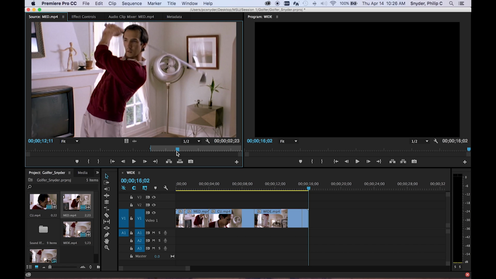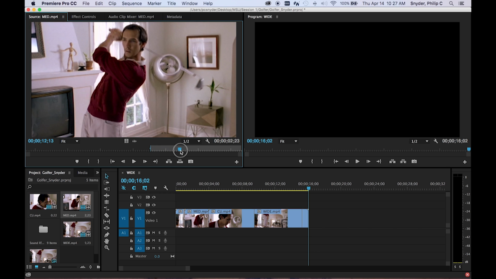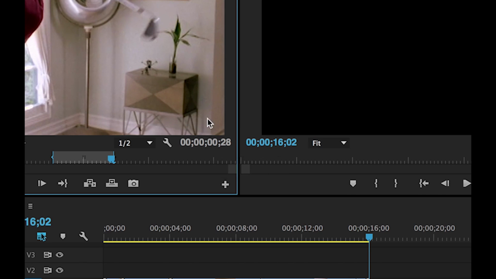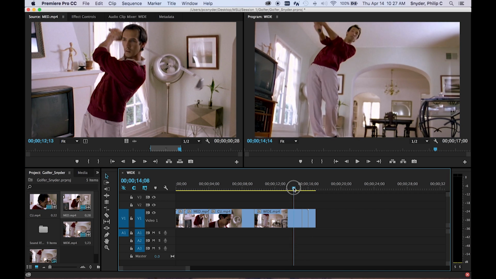I'm at, okay, the in point was 11:16. Out point will be after he swings there. Let's make it 12:13. That'll be our out point. Press the O key, okie dokie, or you can click on mark out. Okay, and then this shows the length, the in-out duration, or the length of that edit, which is almost 1 second. So it's pretty quick cuts that we're doing there. Again, let's just drag video only down into the timeline. Okay, so we've got those quick cuts,